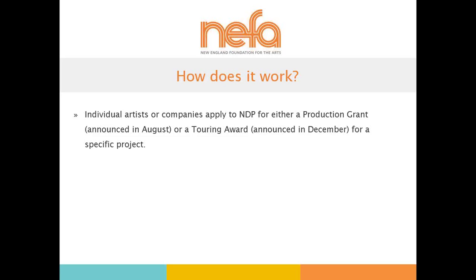So those artists and companies apply directly to NDP for a specific project. And then all NDP awarded projects receive up to $35,000 that will support their tour in the U.S. So we kind of think of that $35,000 as money that we hold in reserve, almost like we put it in a savings account for each project, so that once their tour is all planned and set up, they tell us how they're going to distribute that $35,000 to support the tour. So the money itself is allocated by each artist and company, but it's given out in the form of the